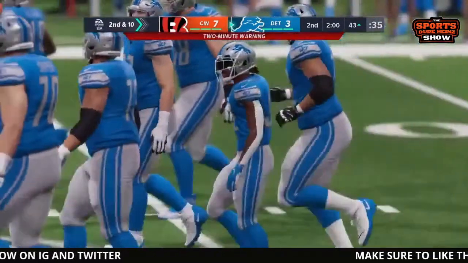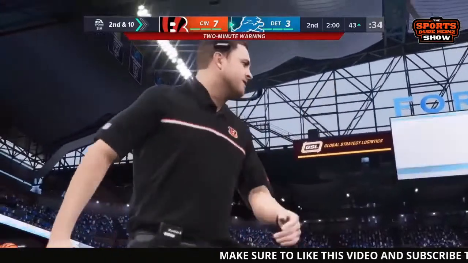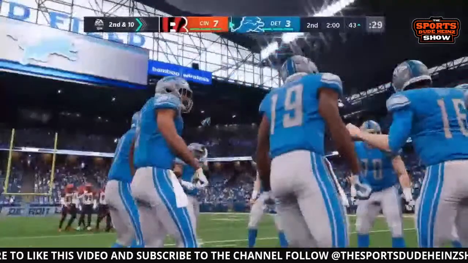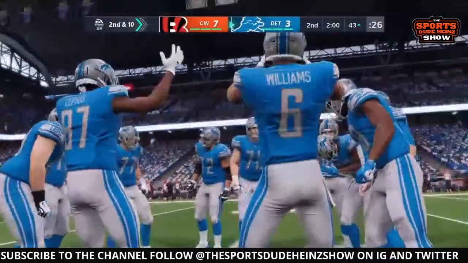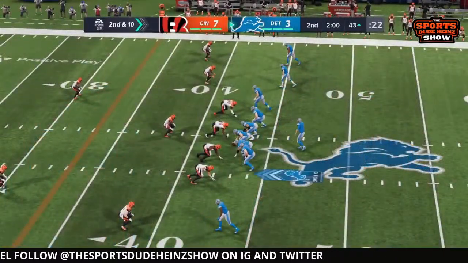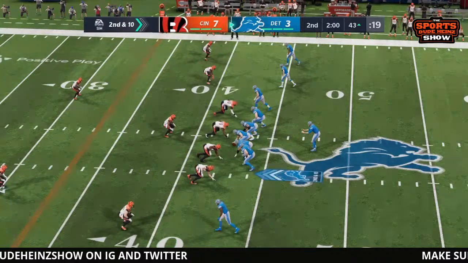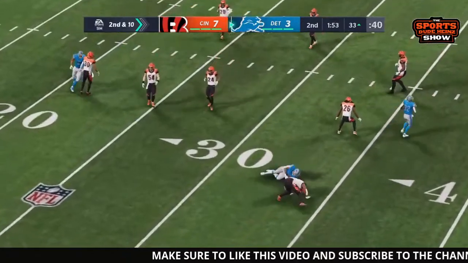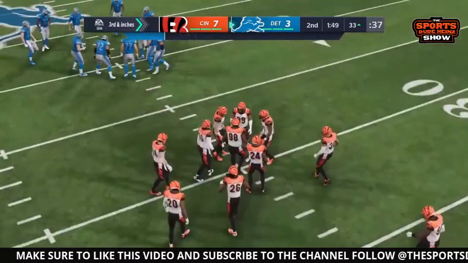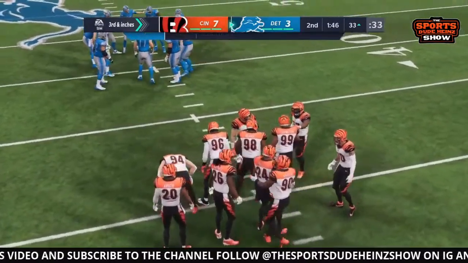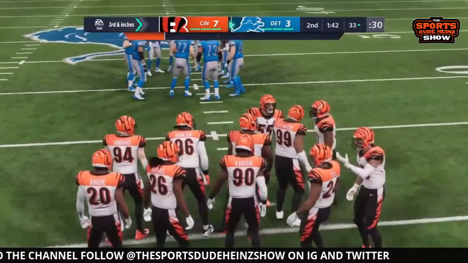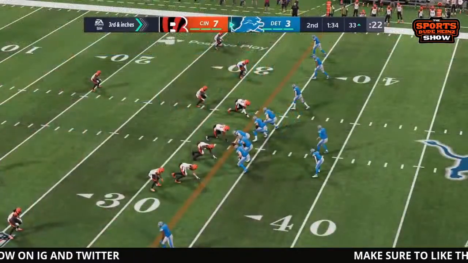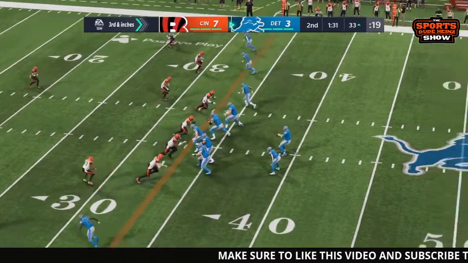Not sure what that said, field goal there when it was 1st and 10. 2nd and 10 here now for Detroit at the Cincinnati 43-yard line. Goff has all day to throw, clean pocket, finds a receiver on the play and gets, it looks like, just enough for a first down, or 3rd and inches. So 3rd and inches here for Detroit at the Cincinnati 33-yard line with about 1.5 minutes to go here left